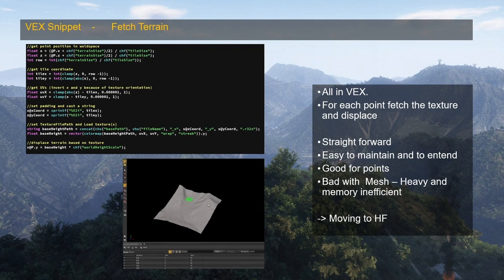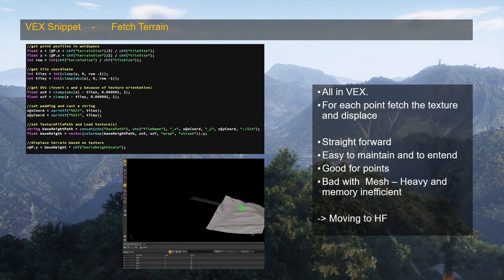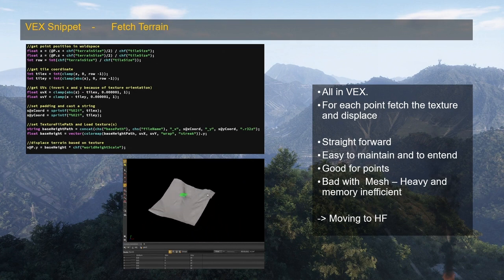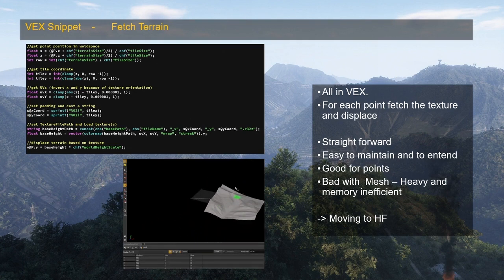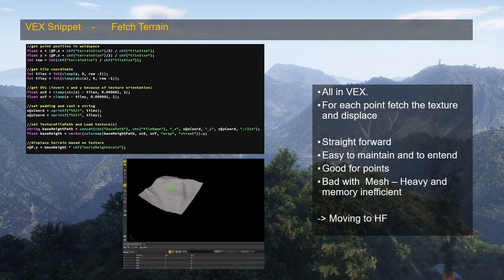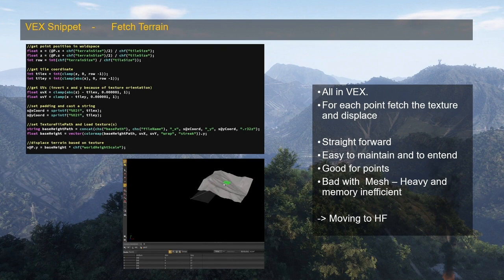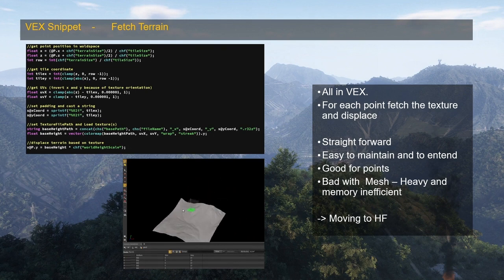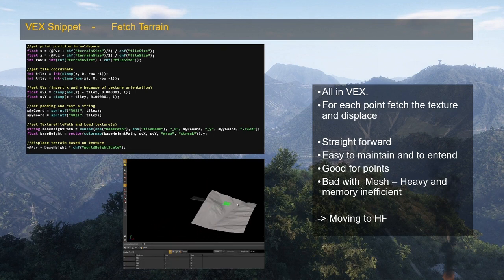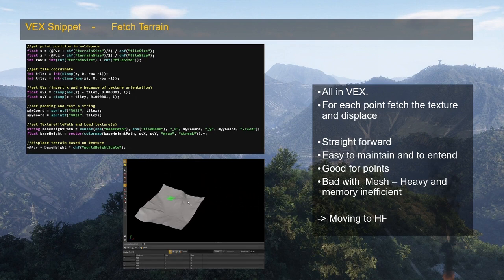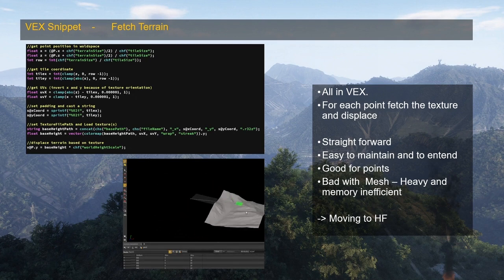So what is this doing? It's just, for one point, find the world position, find the tile position it belongs to, and this tile retrieves the UV position. And then with that, concat the name of the tile on the drive, load the texture, fetch the texture, and apply the value, the color of the texture, to the point and display the point. That's it. And yeah, it was in VOP first, but it doesn't work better in Vex, but it's more readable at the end because that's just a short snippet.